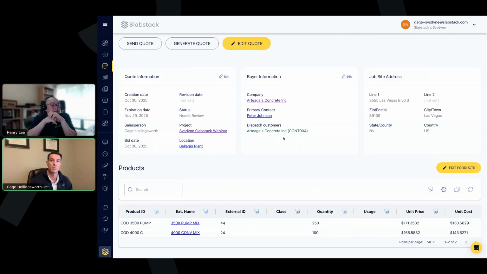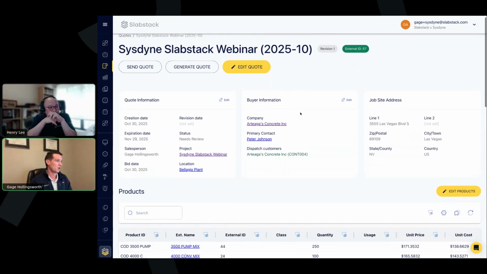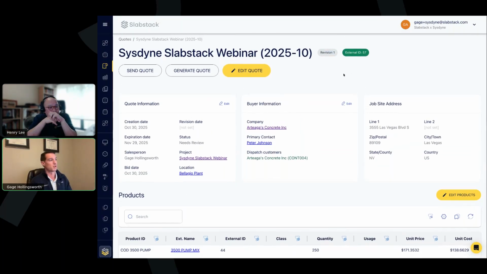Before you even send out this quote, these systems can identify that maybe it's a prospect who hasn't bought from you before and hasn't submitted a credit application. In that case, this turns red and puts a flag that says, wait a second, please push this prospect or customer to your accounting or finance department, whoever it might be, to make sure the credit status is approved. External ID also comes directly from this integration with dispatch.